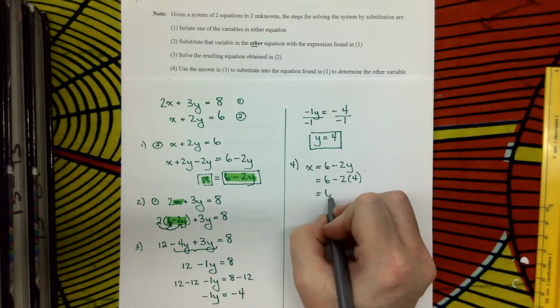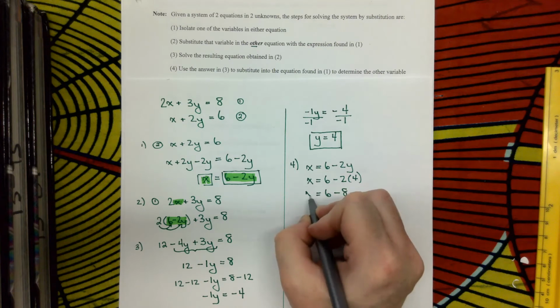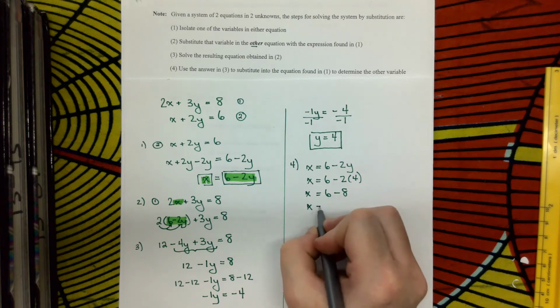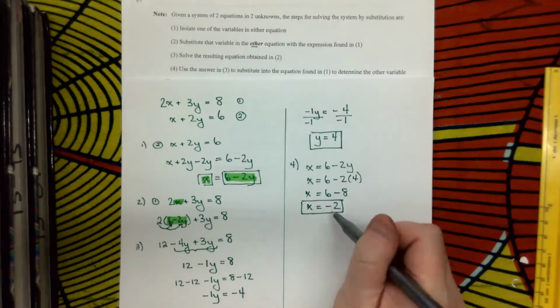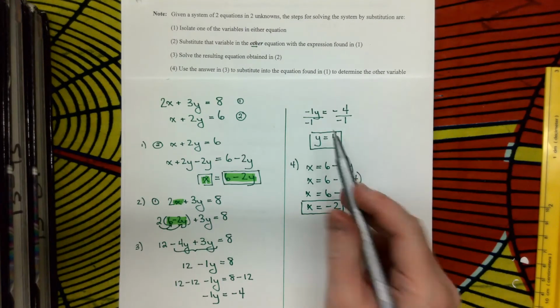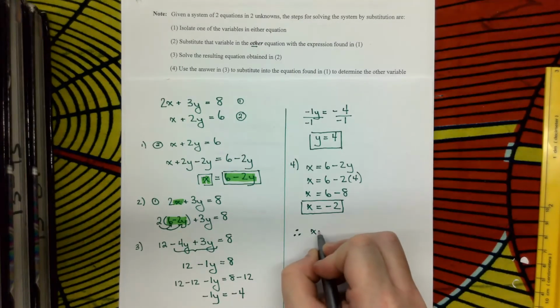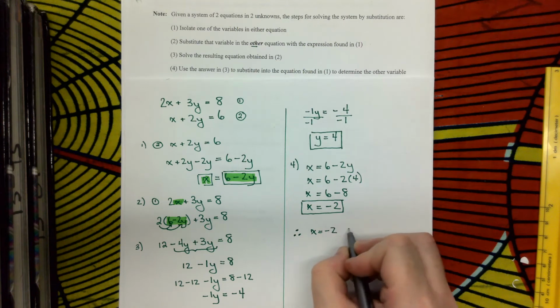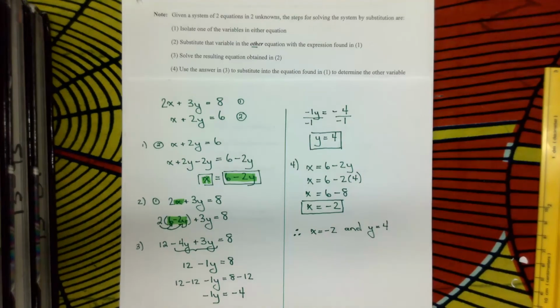And so then I have 6 minus 8. I'm just going to write my x's. So then x equals negative 2. So now I've solved the system. I know that x is negative 2 and y is 4. So therefore, x equals negative 2 and y equals 4. All right, so